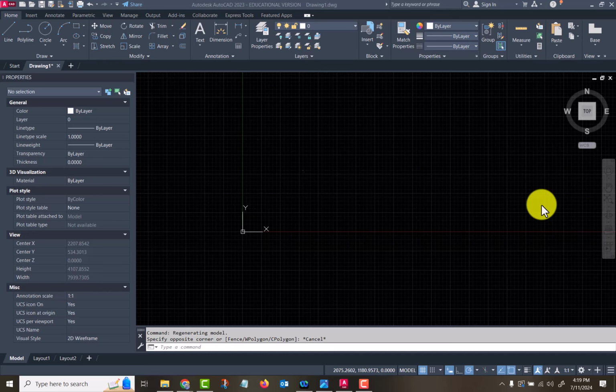This week we're going to look at some more of the snaps and polar tracking and different methods of drawing. So it's a little repetitive from last week. And then we'll get into your first AutoCAD drawing this week also. To start with,